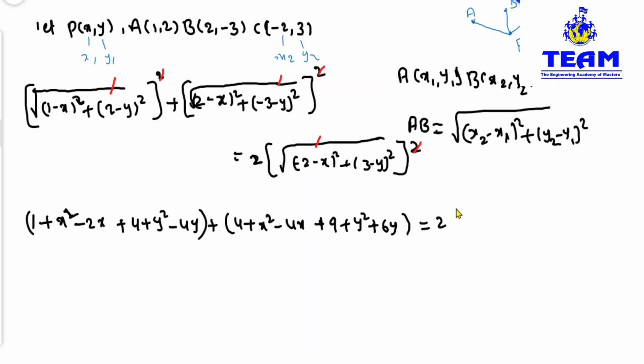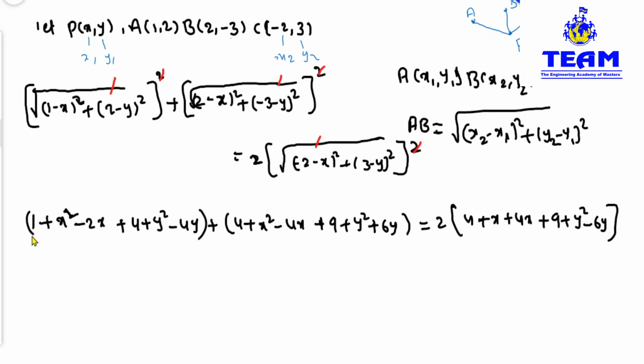This is equal to twice of, now this is minus 2 minus x whole square, 4 plus x minus 2 into minus x means 2x, 2x times of 2 is 4x, plus 3 minus y whole square is 9 plus x square minus 6. Sorry, 9 plus y square. This is y square. Okay. Y square minus 6y. That's it friends. Now you simplify, it is an algebra equation.